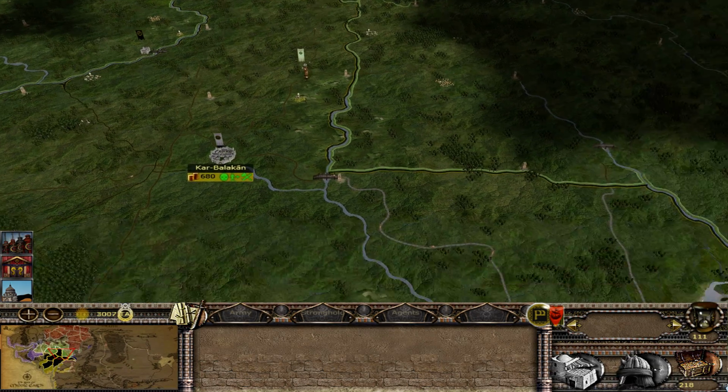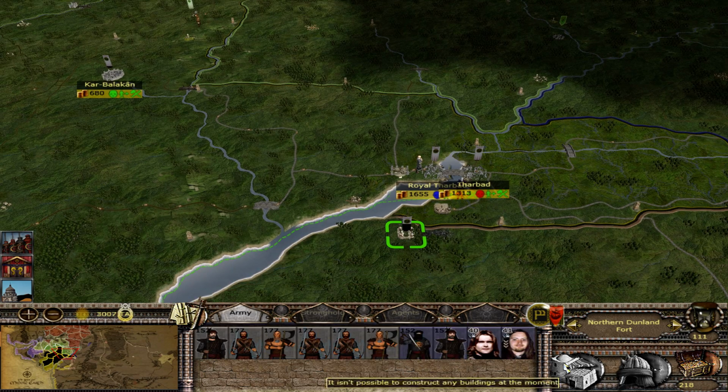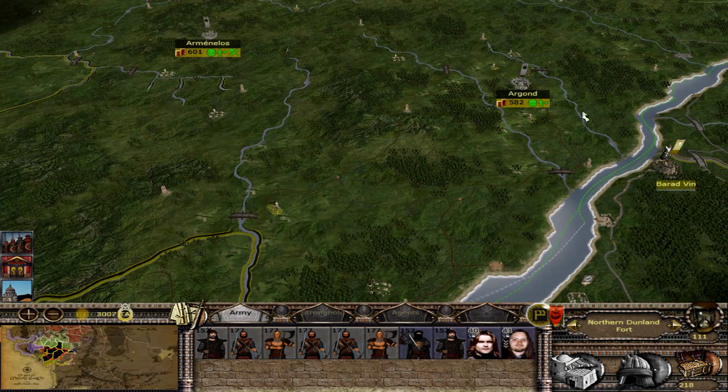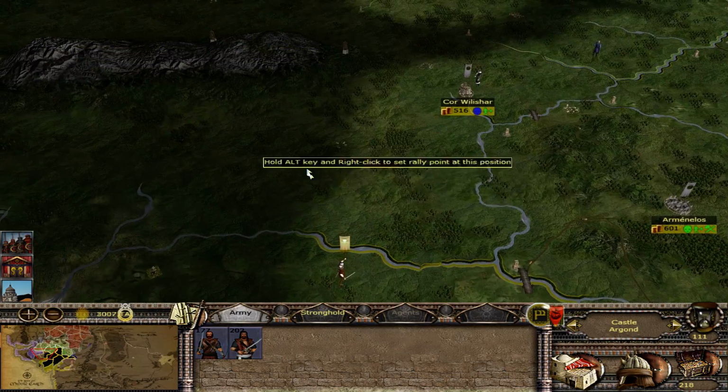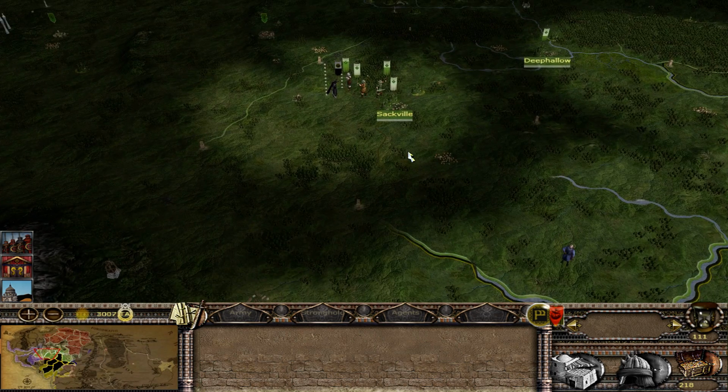I certainly think. Often, if you put units into somewhere where they then get free upkeep, that's immediately reflected in the scroll. But it doesn't seem to be here. I don't know. Maybe I'm reading it wrong. Maybe this whole time I've been reading it wrong. But I don't think so.